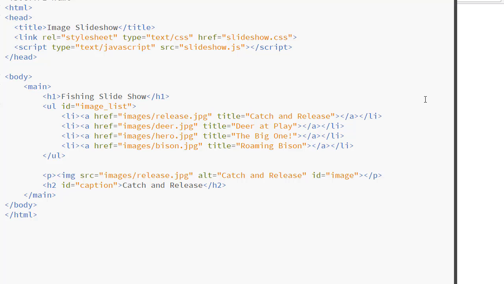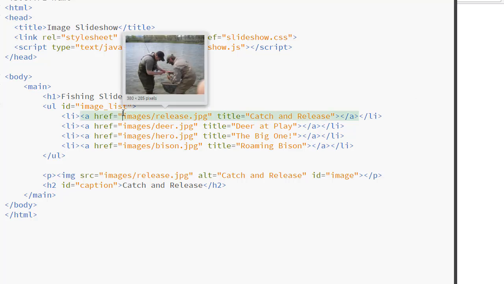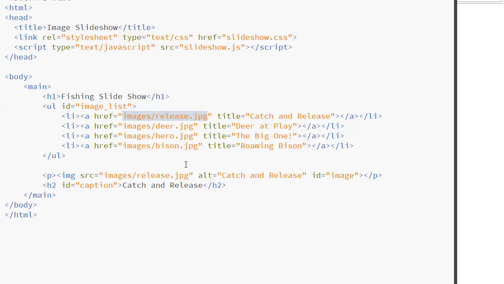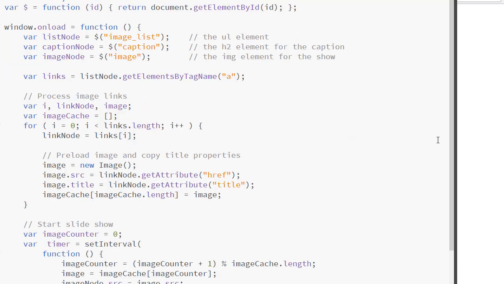What we will be doing in JavaScript is retrieving the value of our a href attribute and we will replace the source attribute of the image ID equals image with that value. We will also be retrieving the value of the title attribute and replace the text of ID equals caption with that value. If we look at our JavaScript code, we are using the $ function to return the object reference to the ID,